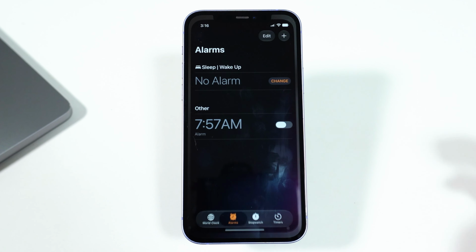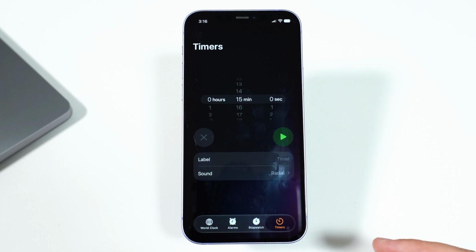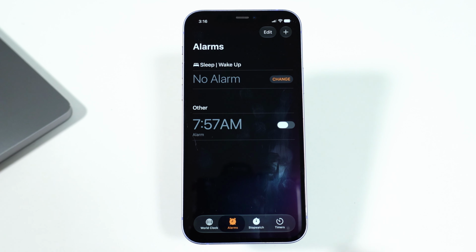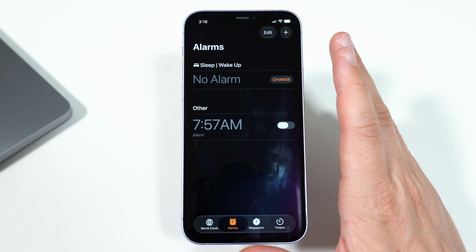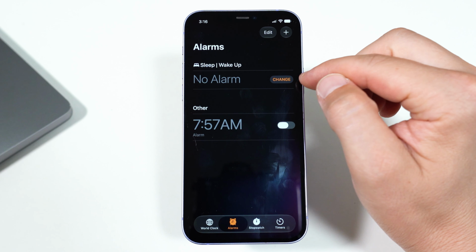In the Clock app, you have different tabs on the bottom, and to manage your alarms, you'll of course want to go to the Alarms tab first. Now at the top, you'll see the most confusing part of the Clock app, something called Sleep and Wake Up, and below that, Other. When it comes to alarms on your phone, there's two different ways to set up and